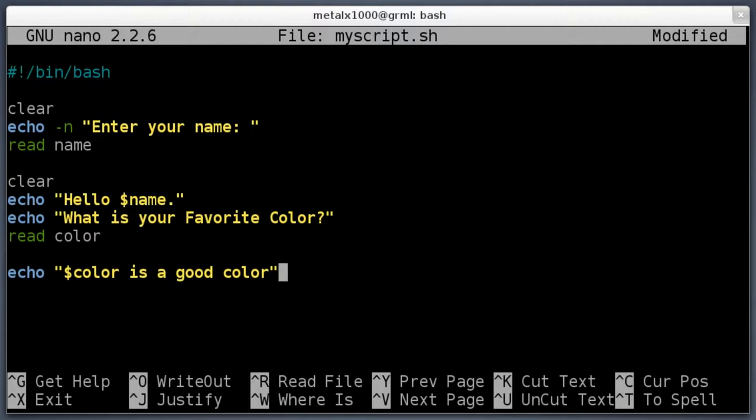But echo color is a good color. So it's not going to say color is a good color. It's going to say whatever color the user inputted. So, and then we will say echo now saving that info. And then we can say echo $name